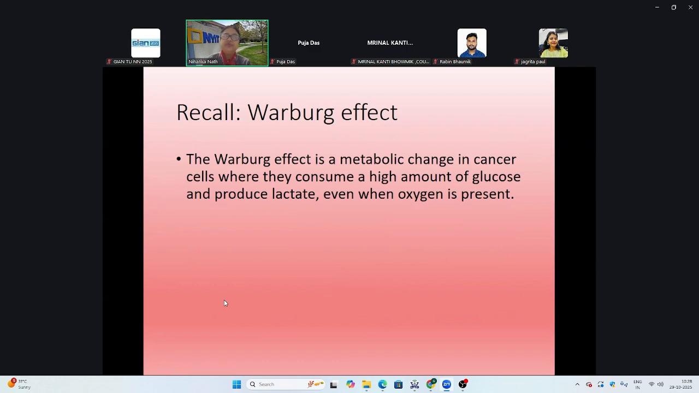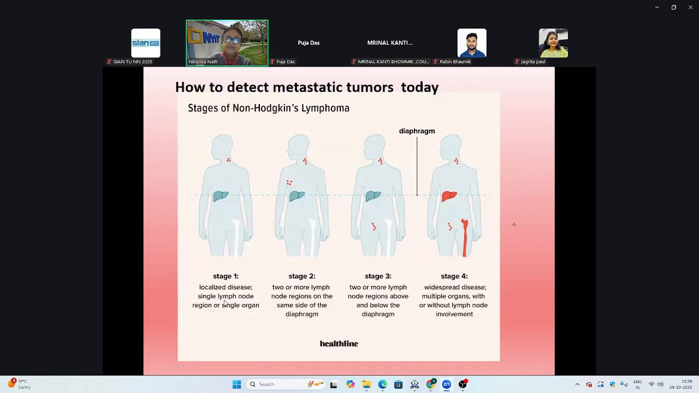Recall the Warburg effect, which is the metabolic change in those cancer cells, and they consume a high amount of glucose. They want to use the glucose. They will break it down, but they'll do that without the oxygen. Okay, there is oxygen, but they will just not use it. And so I just want you to remember that, because that kind of combines everything in our next slide here,